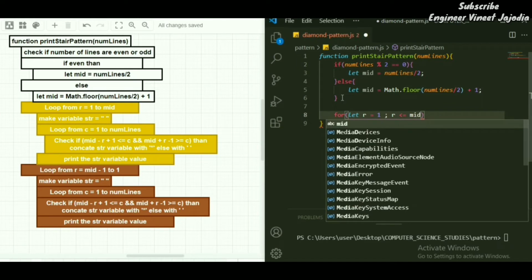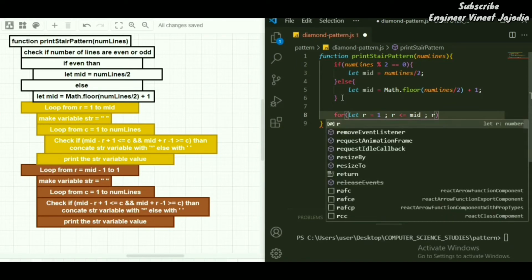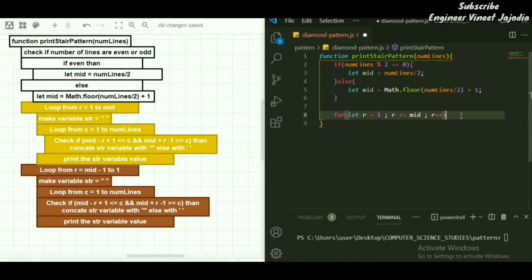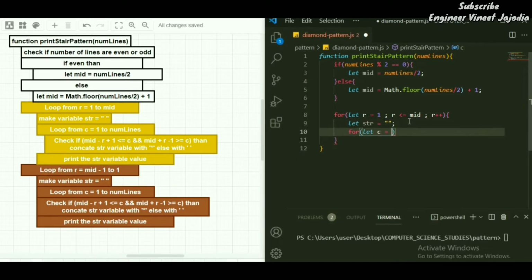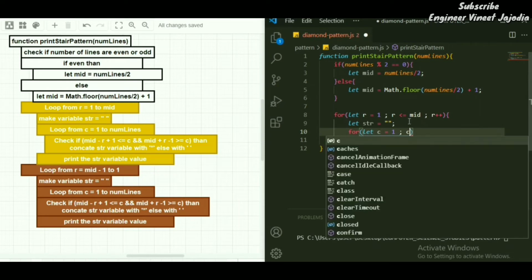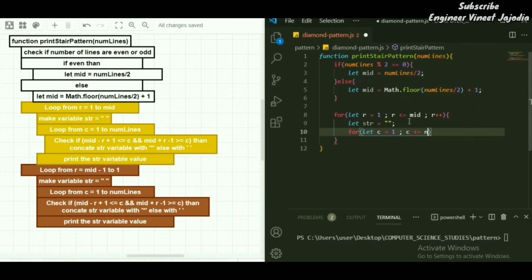We are going to loop from 1 towards the midpoint, r++, and inside it we are going to create str equals empty, assigning it an empty value. Next we are going to loop for each column. Let c equals 1, c is less than or equal to number of lines, c++.